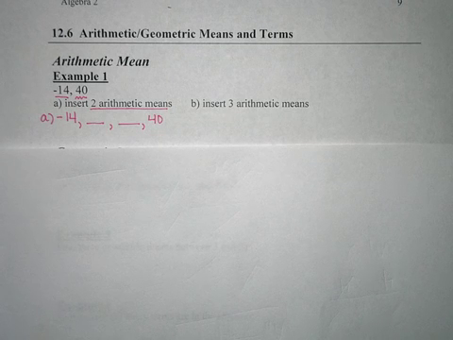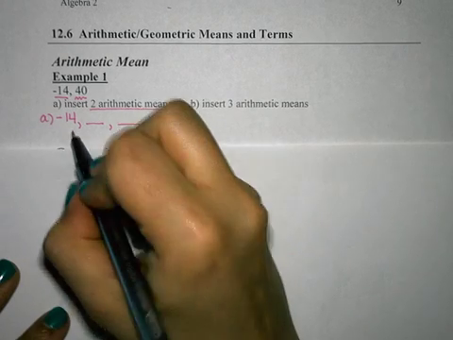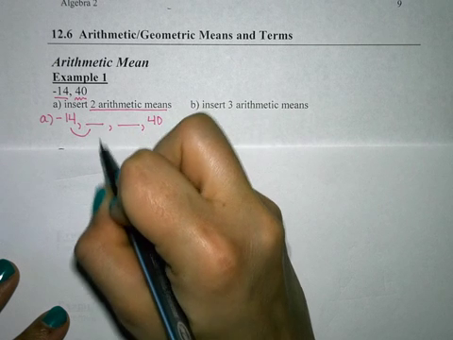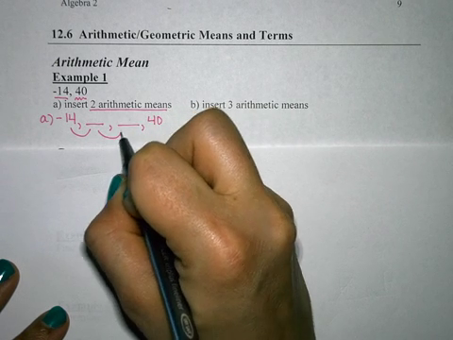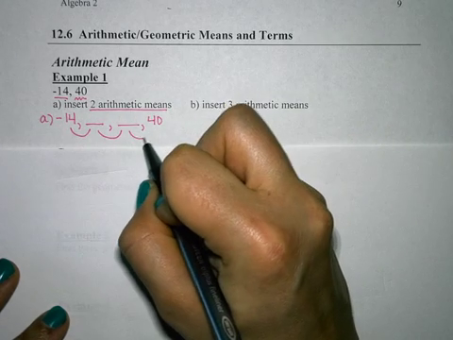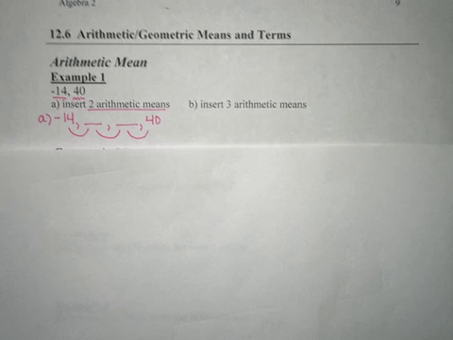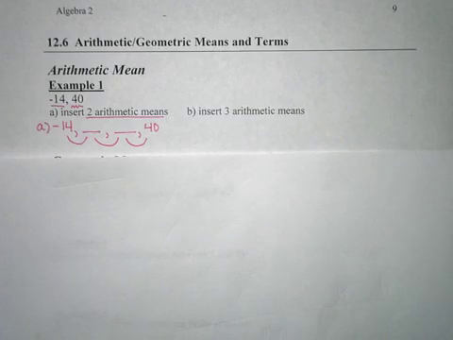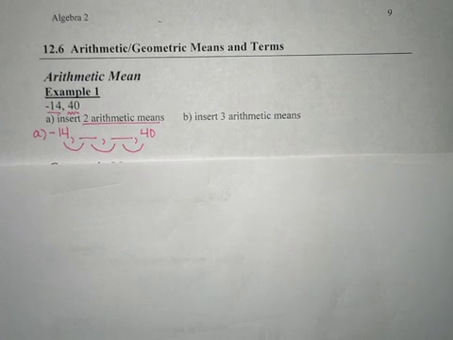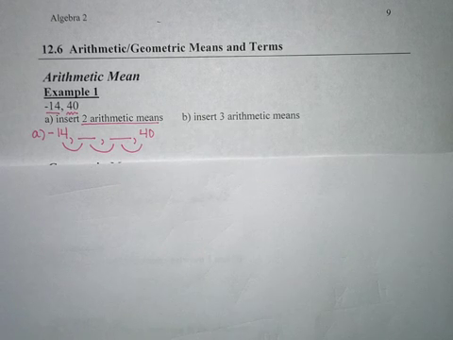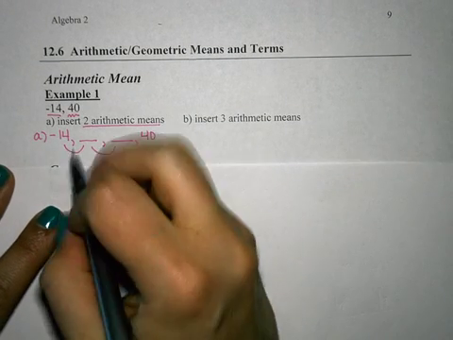So remember, an arithmetic sequence means that I'm adding the same number each time. So if I'm adding the same number from negative 14 to get this number, and then from this number to get to my second blank, and then from that second blank to end up at 40, I can find the arithmetic mean by subtracting 40 and negative 14, and then dividing by how many times I want to add that number, which in this case would be 1, 2, 3 times. So let's try it. So 40